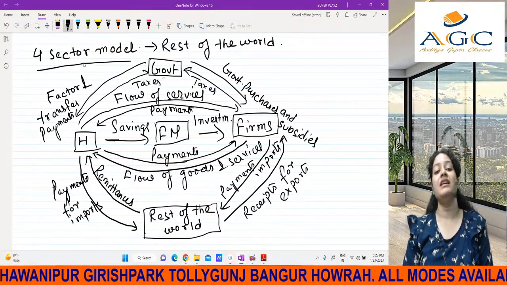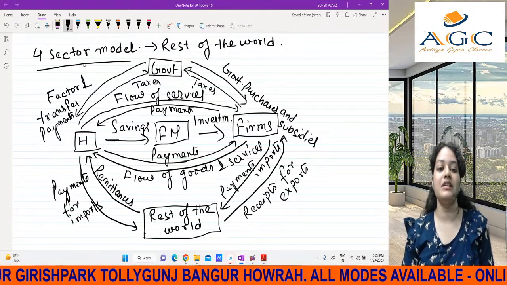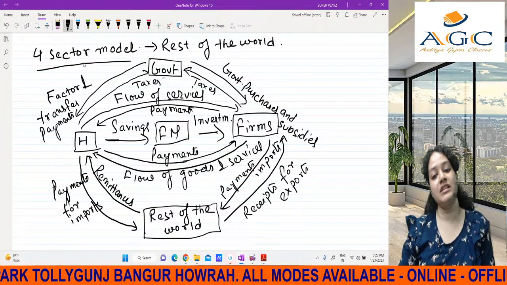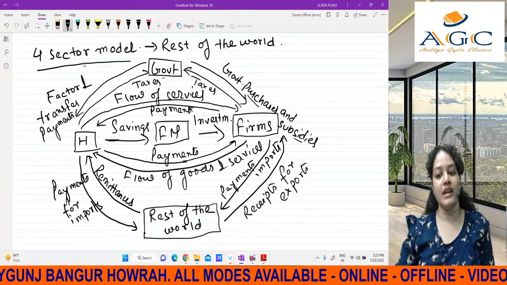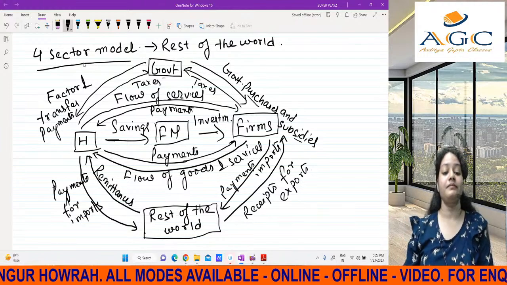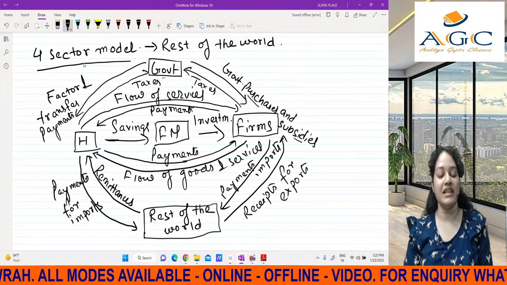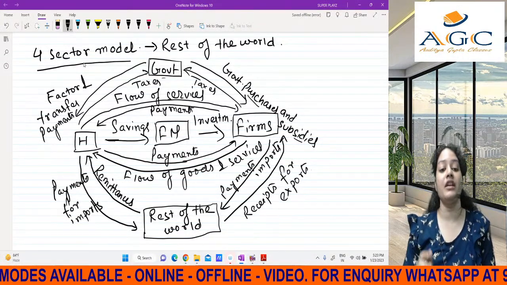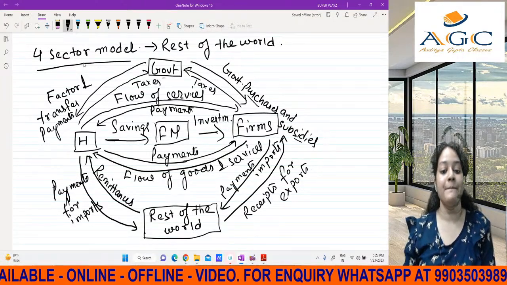Government purchase, as in the government will be buying goods or services from the firms, similarly as the households are purchasing. So government purchase comes into that sector, and subsidies, as in those firms who are in need of money, they are receiving subsidies from the government. This is your three sector model, and the three sector model is with savings and investment. It does not come without savings and investment. So if you are given the three sector model, you have to mention your savings, investment and everything in that.